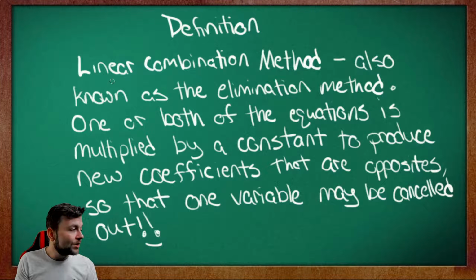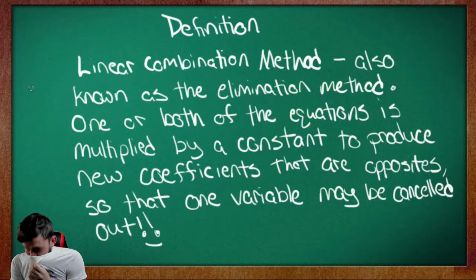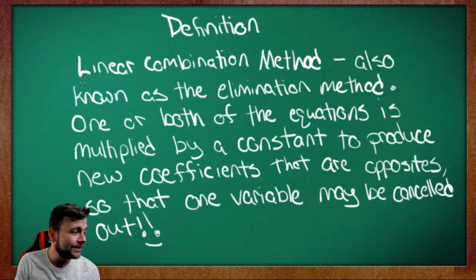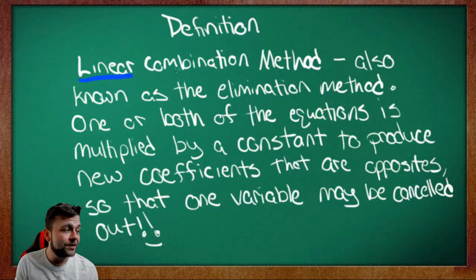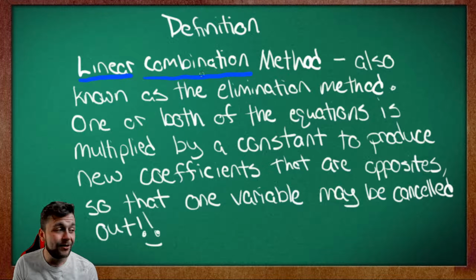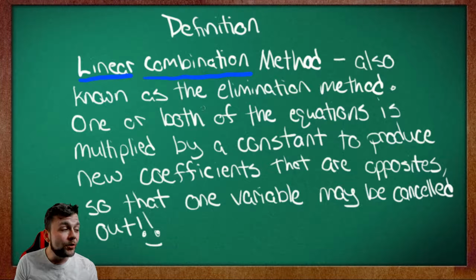Okay, so linear combination. Linear is line. Oh, I wasn't successful. Sorry, guys. It's a line still. We're dealing with lines. Combination: what do you do when you combine things? You put them together. Linear combination method. But it's also known as